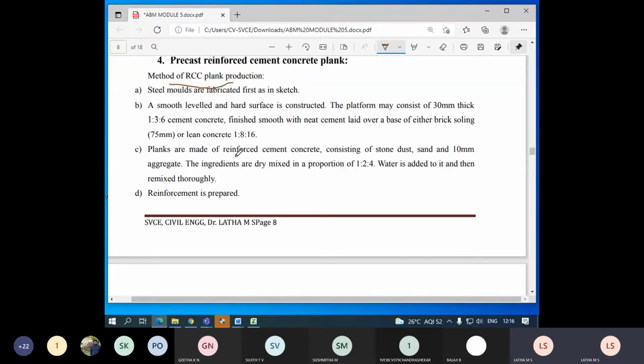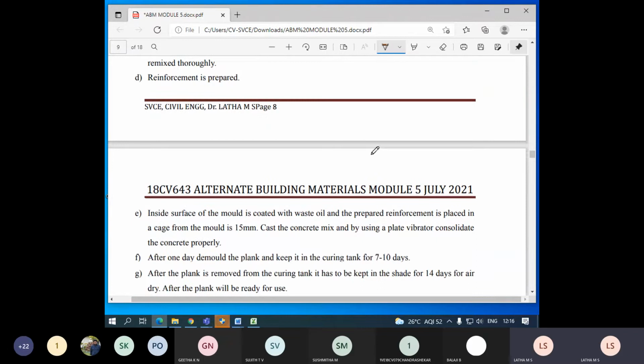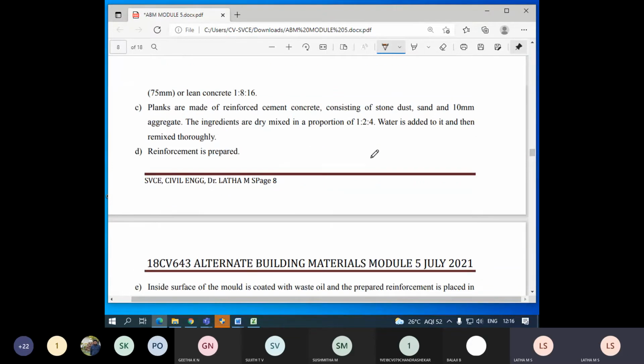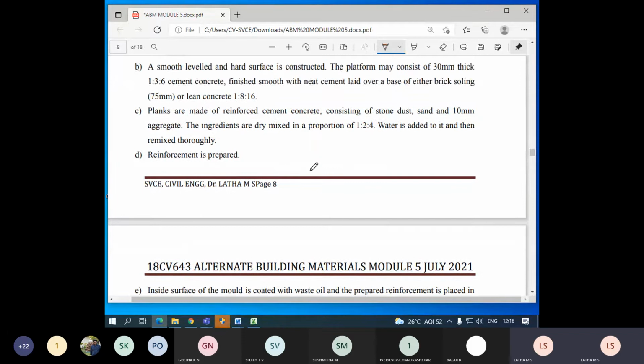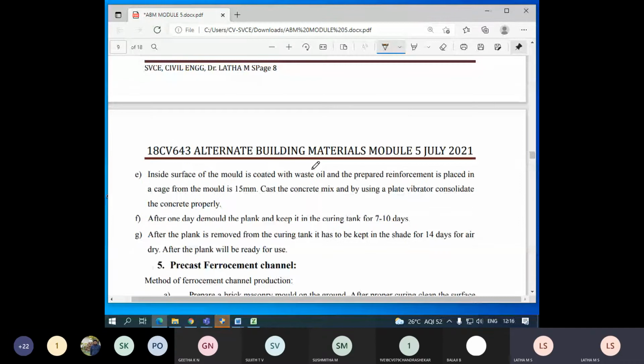You have to develop a smooth surface or a layer of concrete within the mold. You have to lay a concrete of 1:3:6, then do some finishing to get a smooth surface. Then you start casting the concrete with the steel gauge and your reinforcement. Once it is all set, you put that into the mold and allow it to cure.